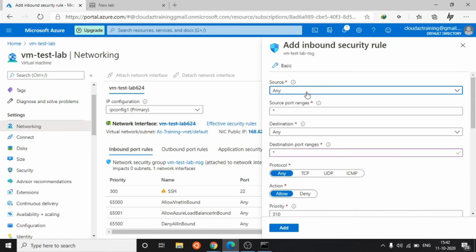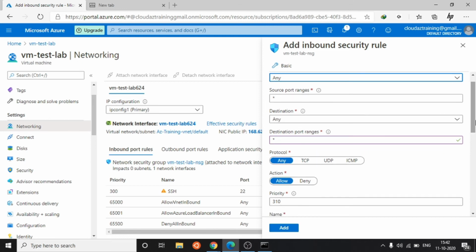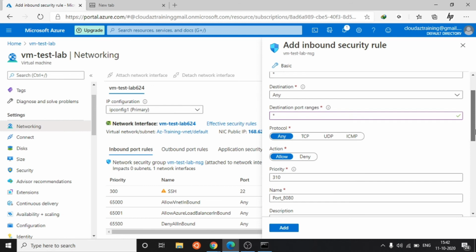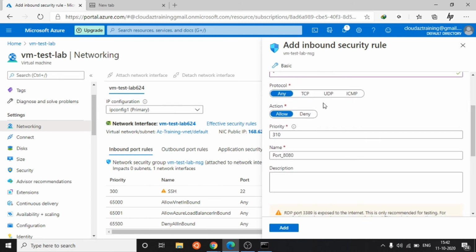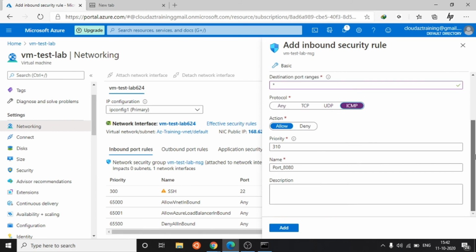If you want to ping your network from a particular IP, you can put that. I am going to put any as the source, any as the destination, and a star for the port. Just put ICMP and allow. Give the name ICMP, save it, add it.